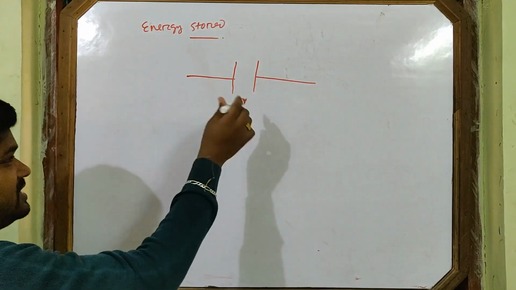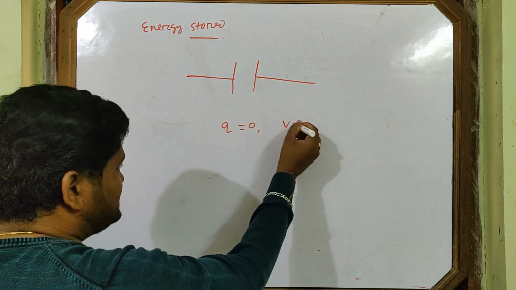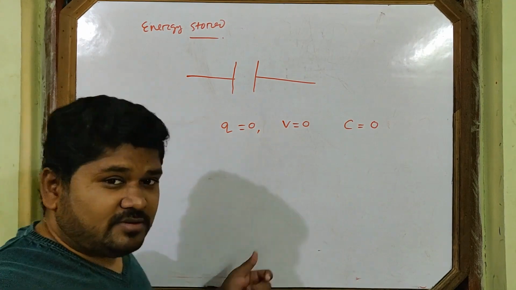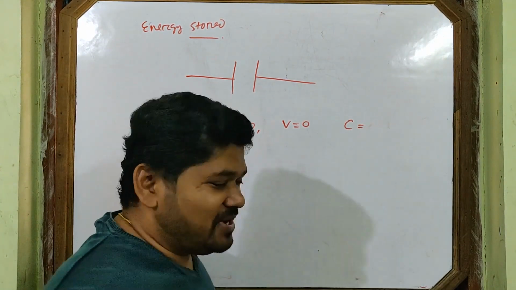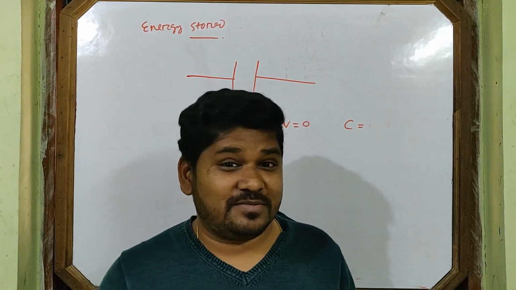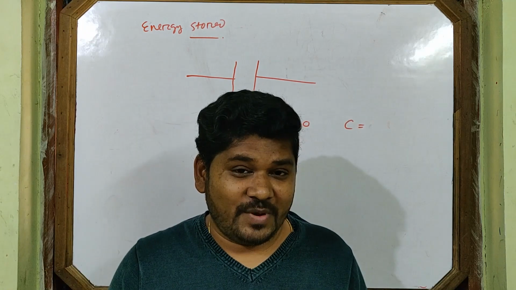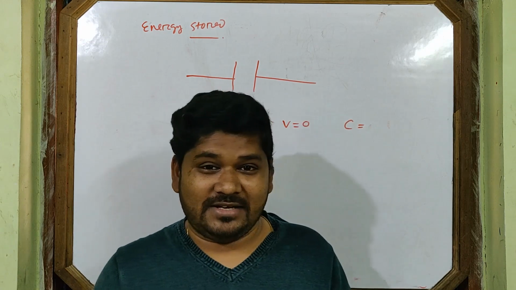Okay. So from the starting, its charge is 0, its potential is 0, then capacitance is 0? No, capacitance is not 0, because capacitance is constant. It doesn't depend on how much amount of charge you have given to it. Whenever a doubt comes in capacitor, you just compare the capacitor with